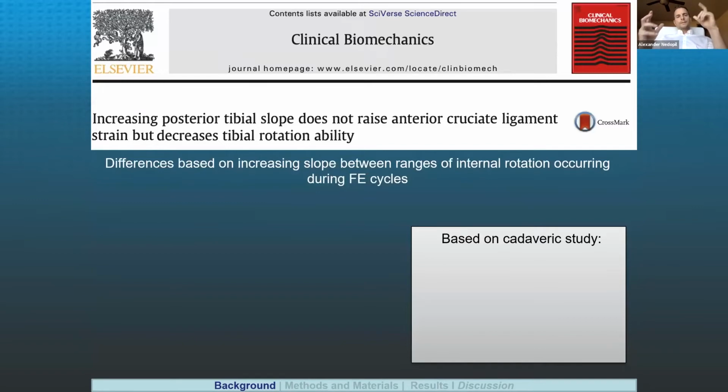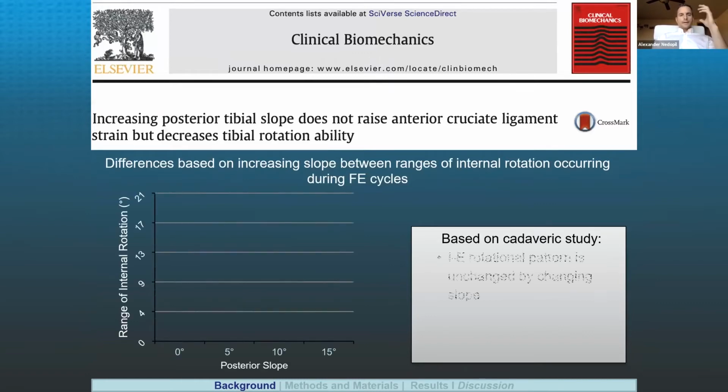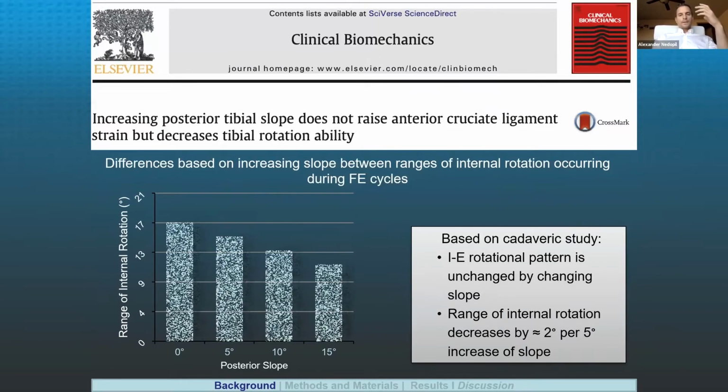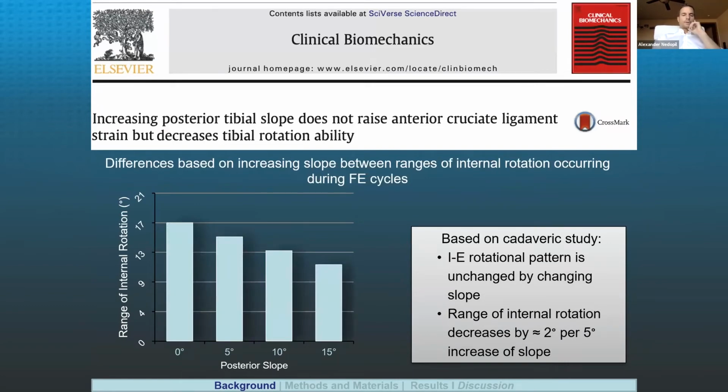So how does changing the slope affect the rotational pattern that we just observed? Based on a cadaveric study, the rotational pattern is unchanged by changing the slope. However, the range of internal rotation decreases by increasing the slope. The problem that we're having,